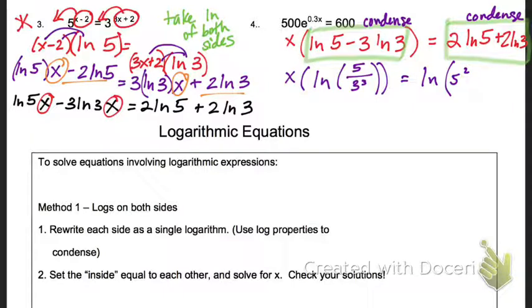Times. And x, natural log of 5 over 27 equals natural log of